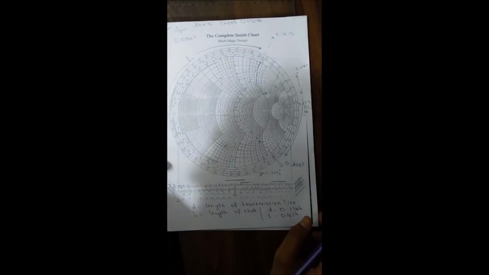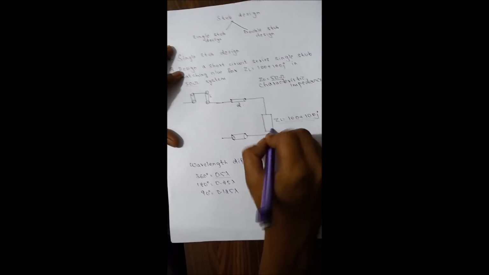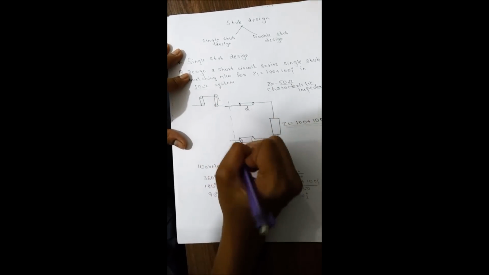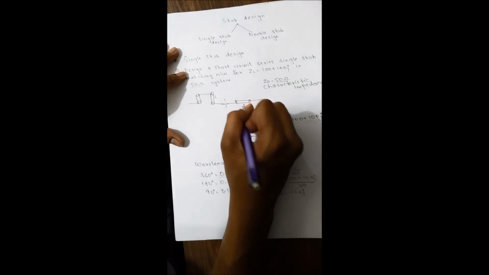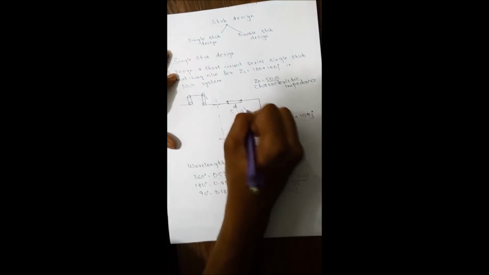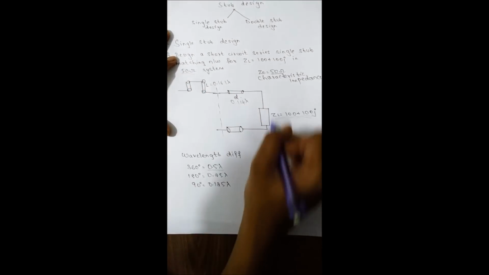Now the most important part is, after completing the Smith chart, you need to draw the circuit, which is shown over here. You have a load. This is the transmission line, part of the transmission line, and this is the stub, where D is 0.114 lambda and L is 0.161 lambda. As it is series, they are connected in series, and we have a load, and here we have a source. Okay, thank you.